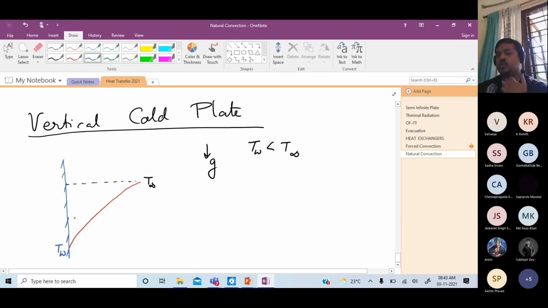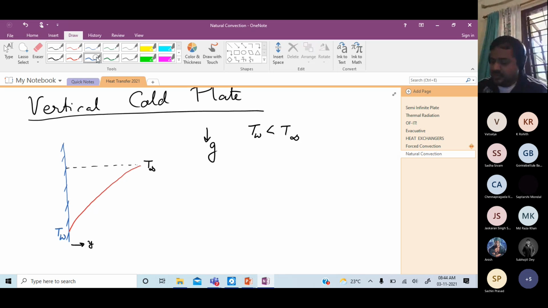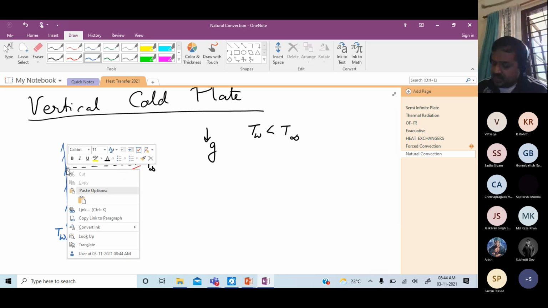So what happens next to the cold wall? My air becomes colder, it becomes heavier, and it will try to sink. So I will have, of course, zero velocity at the wall, but then as I move away in the y direction, I'm going to see a downward velocity component in the x direction. Sorry, in the x direction. So therefore, my velocity gradient will be,